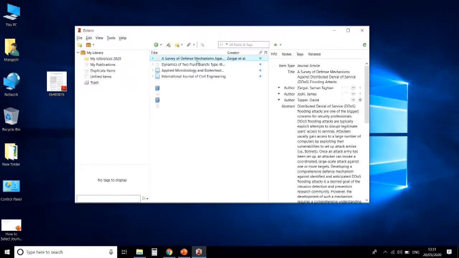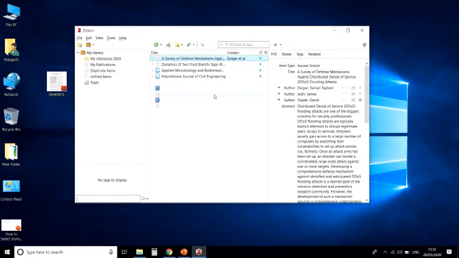From here it is very easy to handle all references. Here book, document, journal type or related document we can insert.